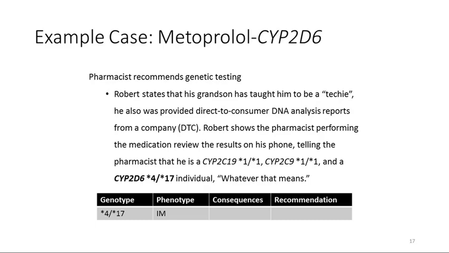So he explained to the pharmacist who was doing the medication review that he was a techie, at least as much of a techie as he could be with some help from his grandson. So he had some information from direct-to-consumer testing. And of course, direct-to-consumer information is provided by different companies, and there are different genes and different gene variants that are tested, and it really muddies the water, in my opinion. But at any rate, in this case, Robert explains these 3 different kinds of results that were explained to him